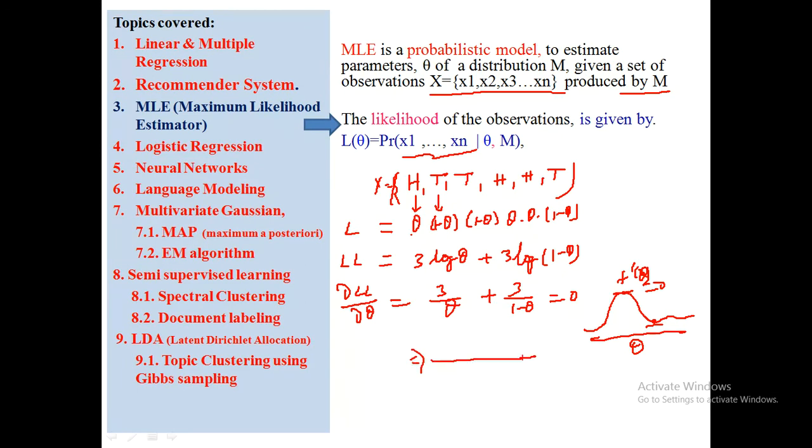So on simplifying, here the differentiation will be multiplied by minus 1 because here theta is negative. After simplifying, we get theta is equal to 3 by 6, that is 0.5. So this is the way we estimated the parameter theta using MLE given a set of observations and the structure